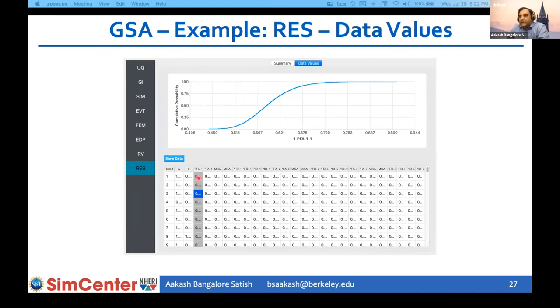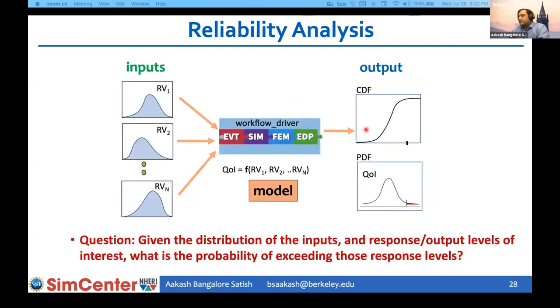And now, for the peak floor acceleration, if we plot the CDF, we observe the same thing. There is a long tail on the right-hand side. And so it is of interest to evaluate what is the probability that a certain value of the peak floor acceleration is exceeded. And this brings us to the next and the last topic of this talk, which is reliability